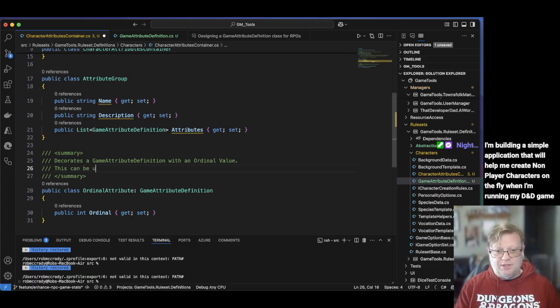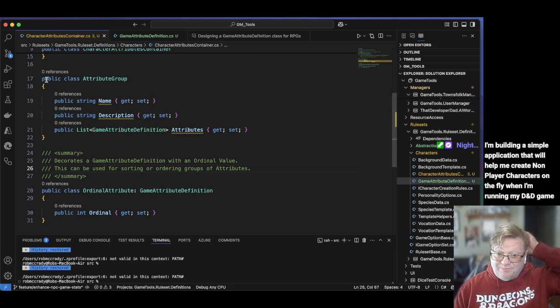This can be used for sorting or ordering groups of attributes. Save. So we've got an attribute group,